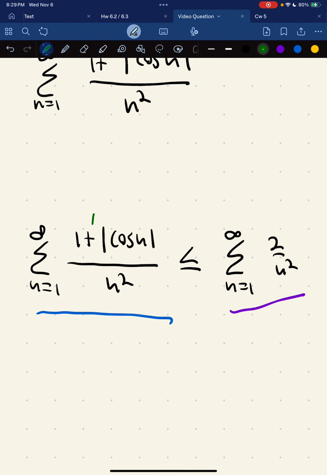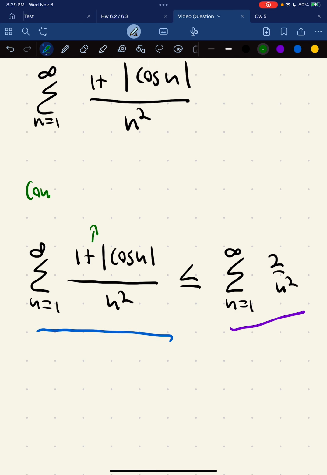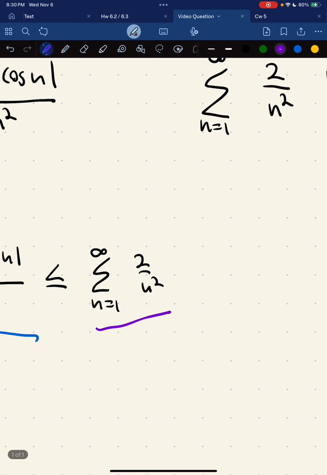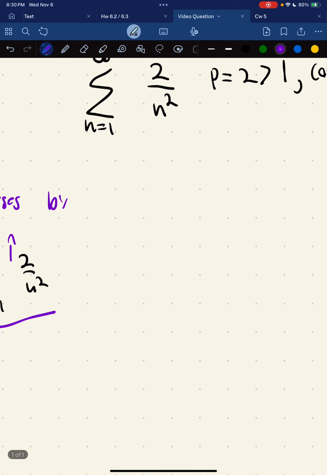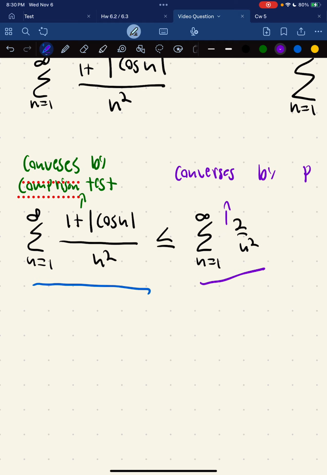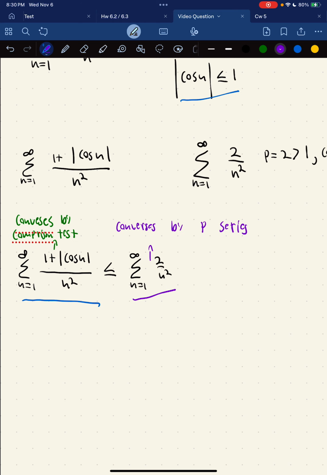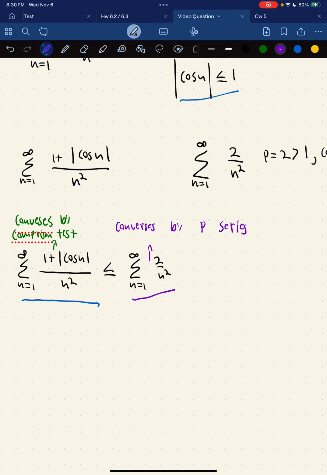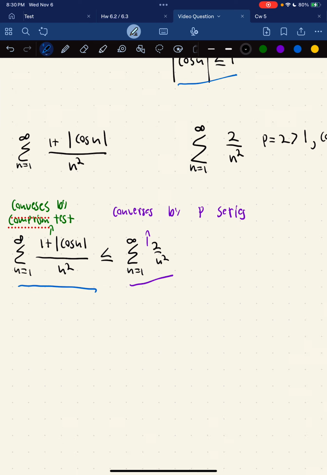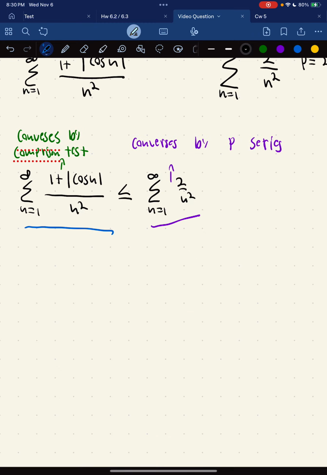Knowing this, let's write this. The absolute value of our given series converges by comparison test, and the series we're comparing it to converges by p-series. Sorry about that. From this, we can determine that our given series must also converge. If its absolute value converges, so will the given series. And because it converges by the comparison test, that must mean that